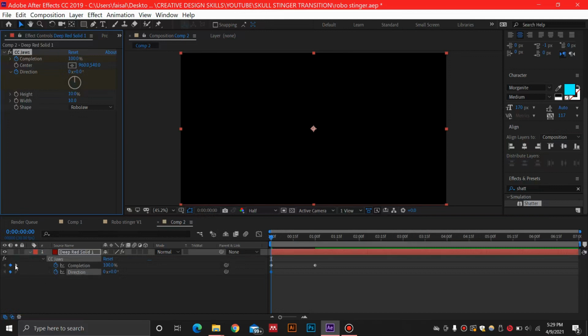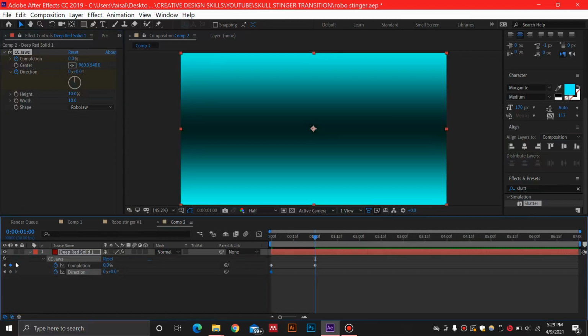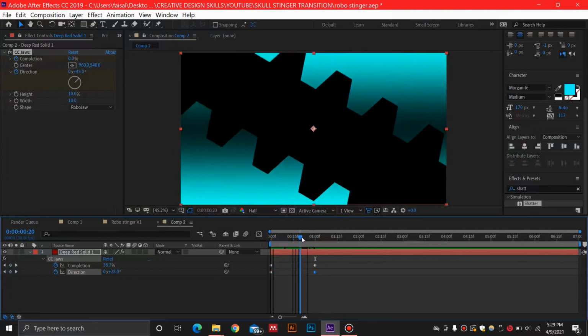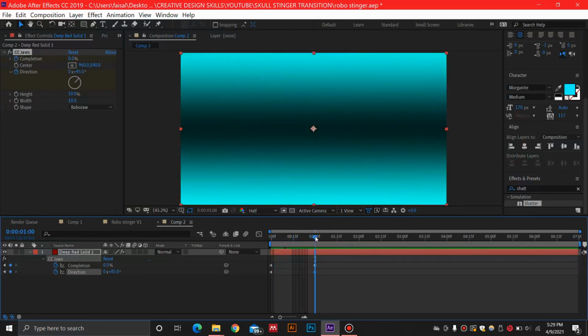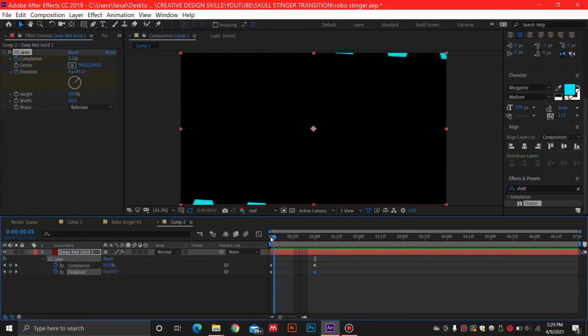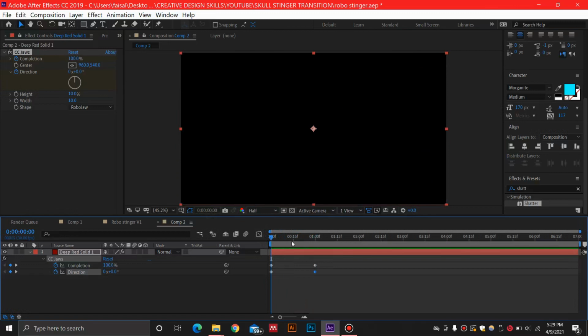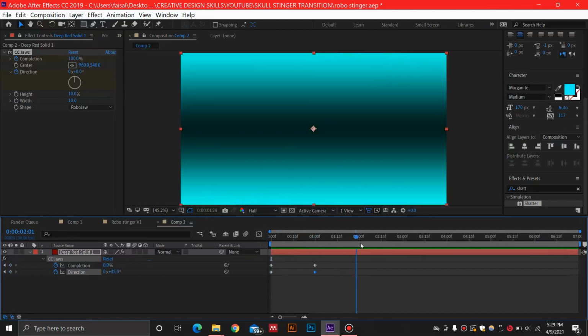By pressing U on your keyboard you can transition to this keyframe over here by selecting this, and select 45 degrees over here, 45. So what we're going to have is a rotating robot door, something like this, for this effect over here. As you can see this looks really nice.